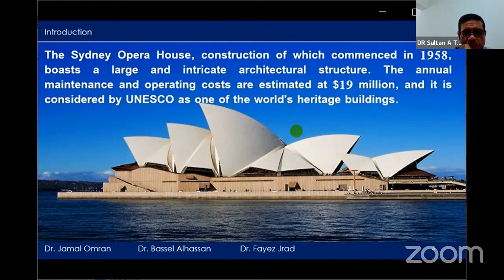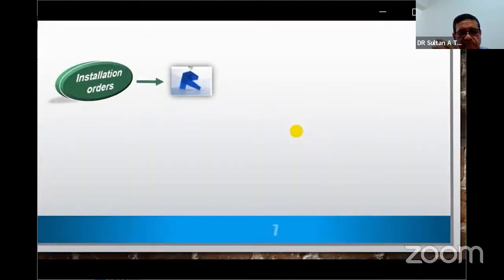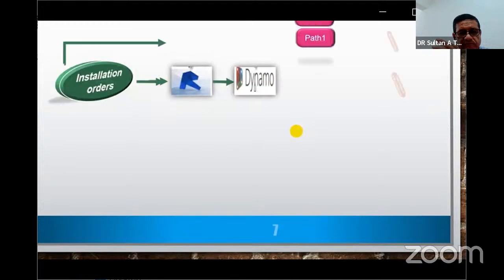However, storing maintenance and operation data within a BIM model alongside all fundamental, functional, and physical data is beneficial, but without undergoing an analysis process to extract hidden knowledge and support decision making, the potential benefit of this data will remain limited, and we will be drowning in data but starving for knowledge. In this research, we will try to address